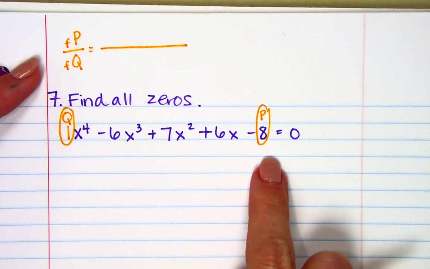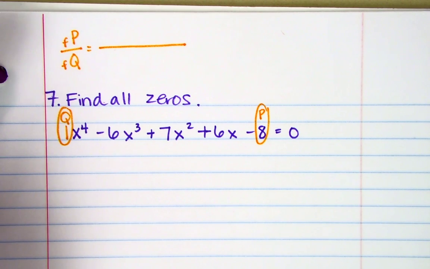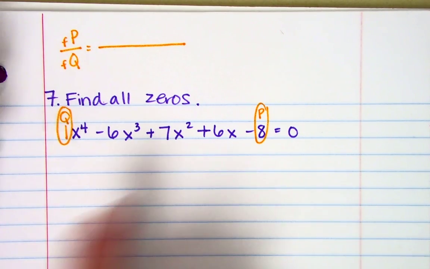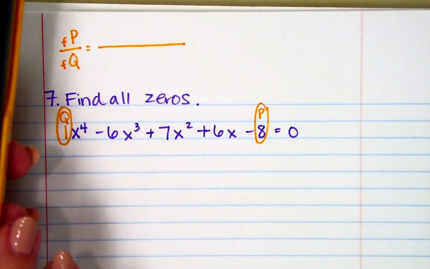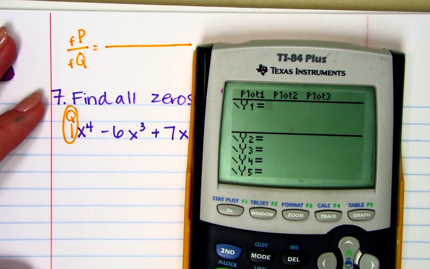Okay, all the factors of 8. Now remember, you can find the factors in the calculator by doing the number you're looking for divided by x. Some of the ones we've been doing